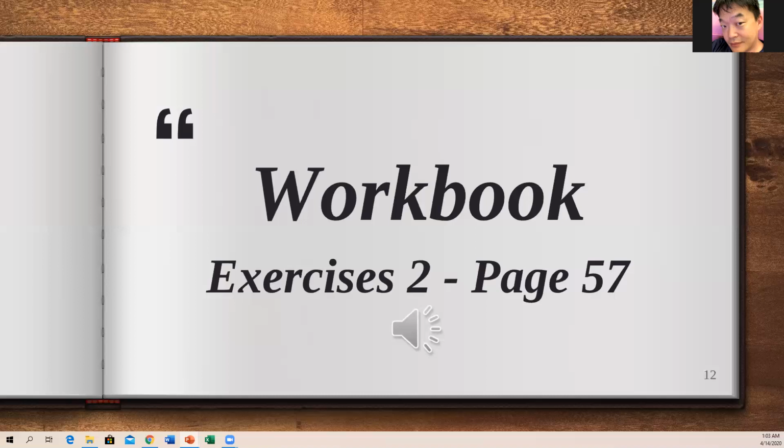And number 6. How long does it take to go to Los Angeles on the Saturday afternoon train? And the correct answer is letter C. It takes 2 hours. So number 6, the answer is letter C. So how was it? Easy or difficult? Don't forget, send me any questions you have, okay?